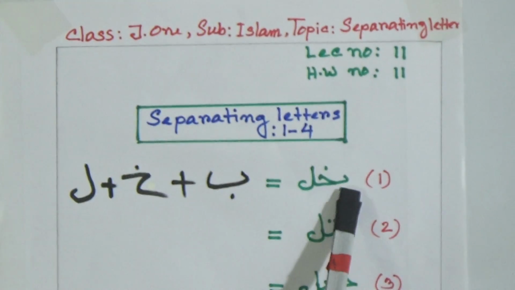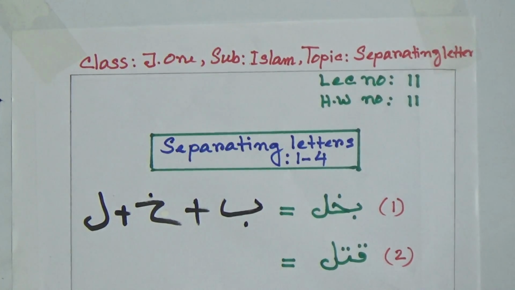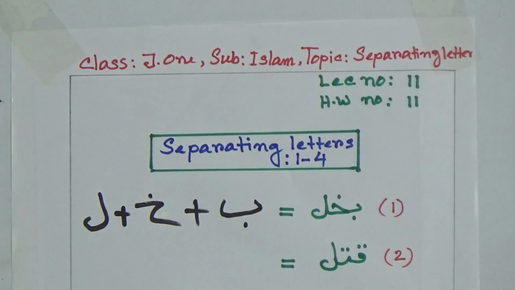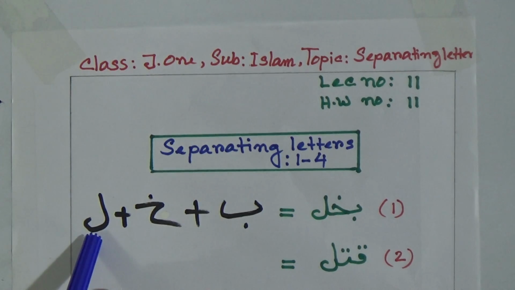Number 1, ba, kha, la. There are three letters in this word. So number 1, ba plus kha plus lam. Number 2,